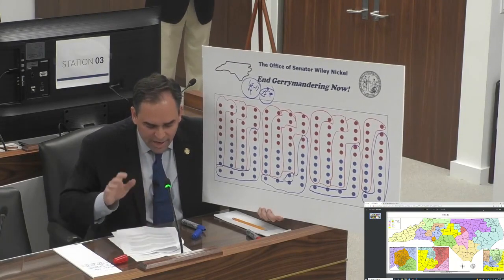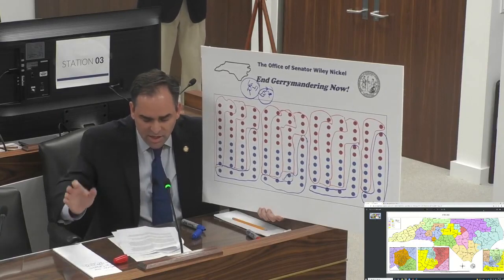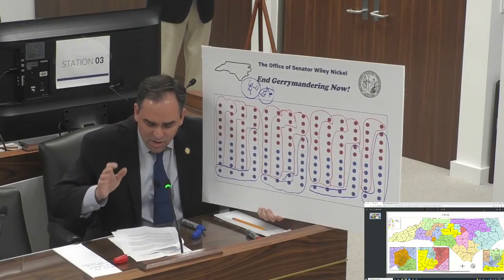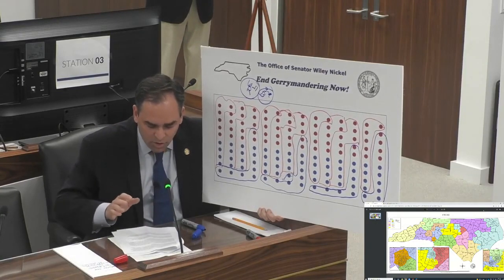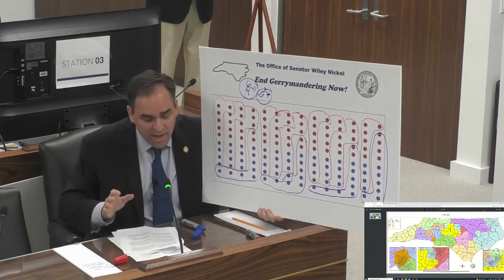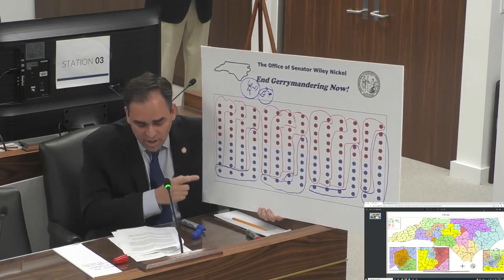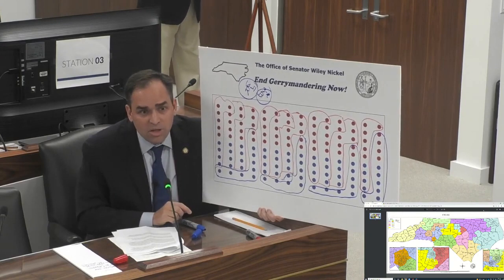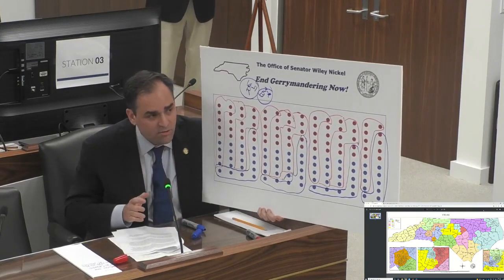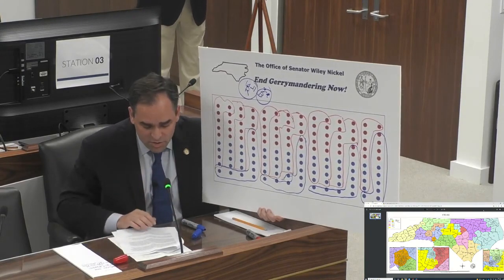We came back and drew an 8 to 5 map. Now you're taking seats to make an 11 to 3 map or a 10 to 4. Control of the next Congress will be decided by just a few seats. And just by drawing the lines, we can decide who's going to be in control of the next Congress. So this is a big deal for my constituents, for all of our folks.